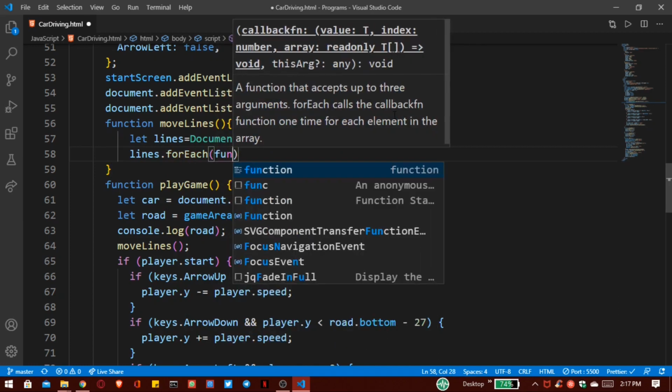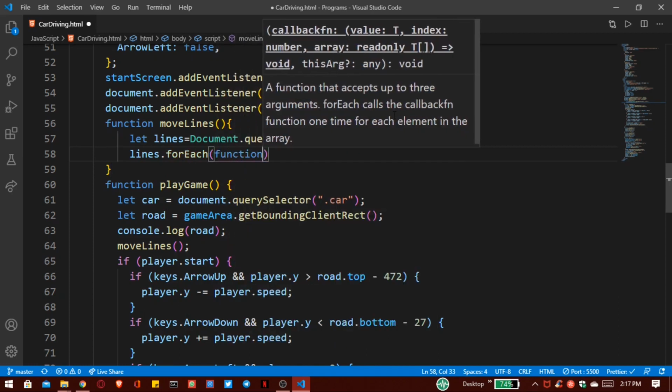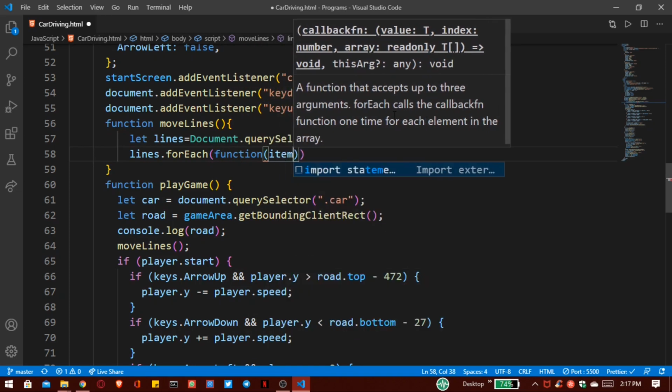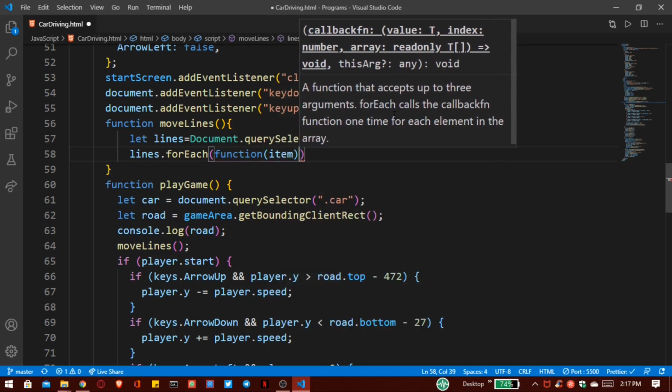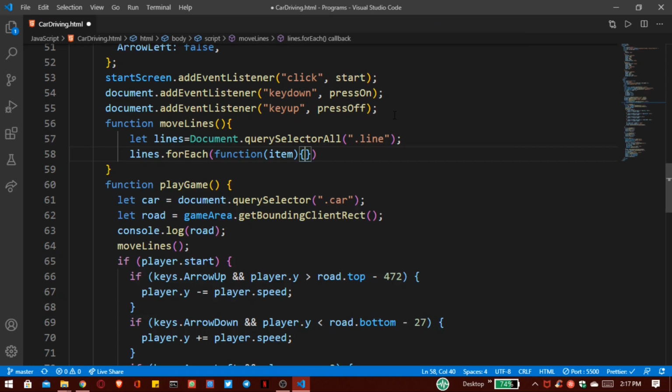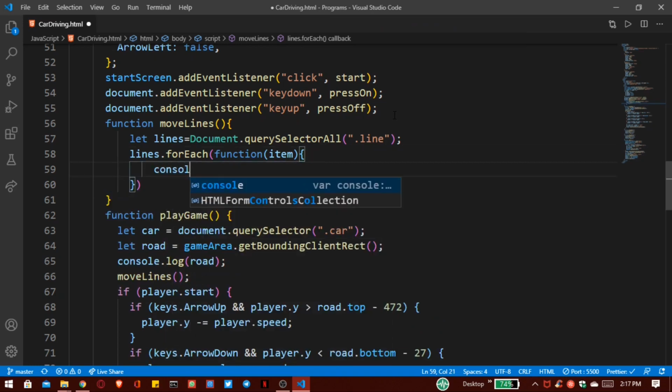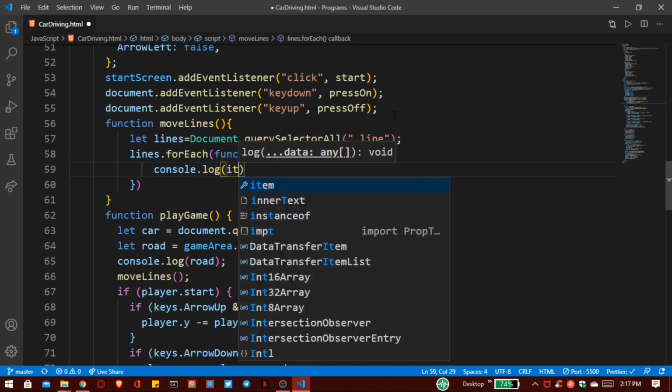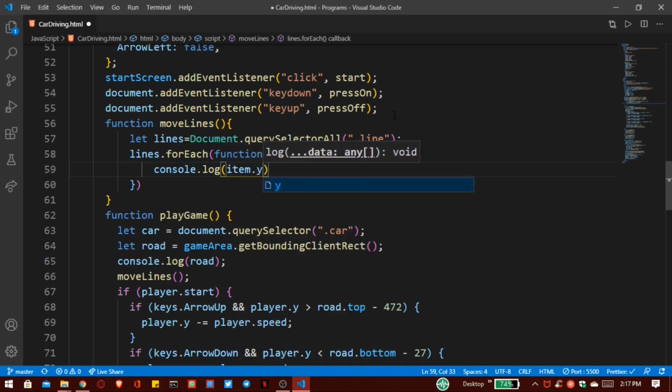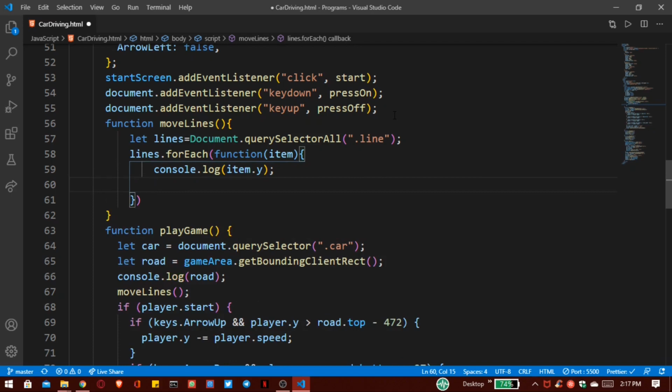We have to get all of those lines inside our item. The name is totally up to you. After that, for our checking condition we have to write console.log. This is not necessary to place here, item.y. Then here we have to write a condition like if y is greater than 750.